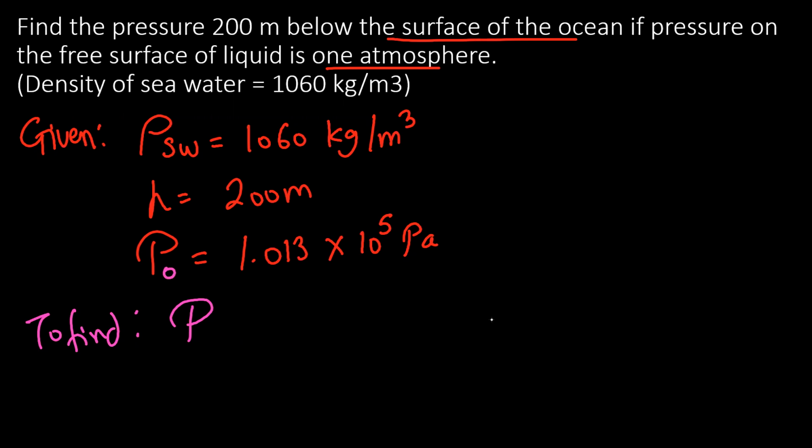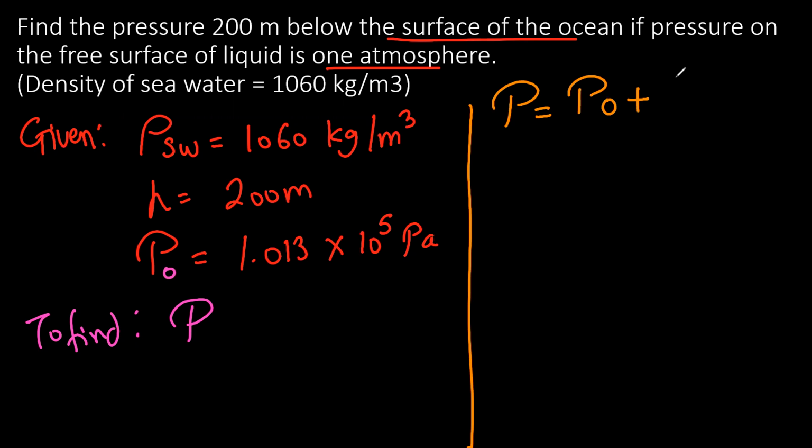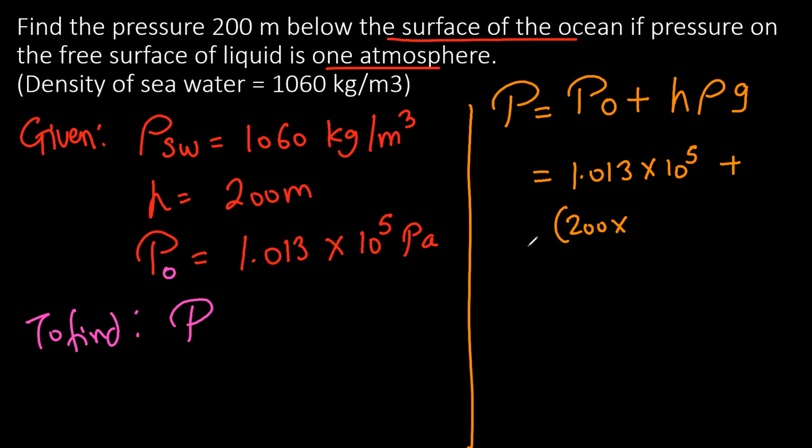So how to solve? We'll use this formula: P is equal to P0 plus h rho g, that is, height, density and acceleration due to gravity. So P0 is 1.013 into 10 raised to 5, plus h, which is 200, the density, which is 1060, and g, which is 9.8. Okay. So if you multiply all these things, the answer is